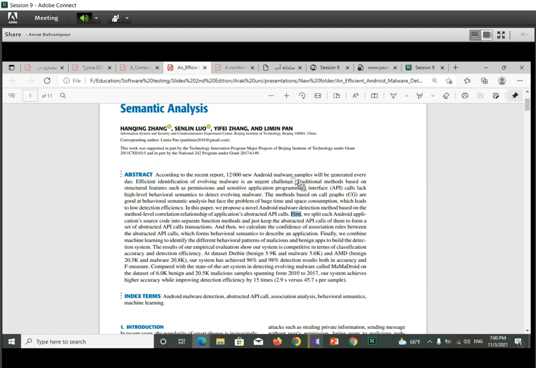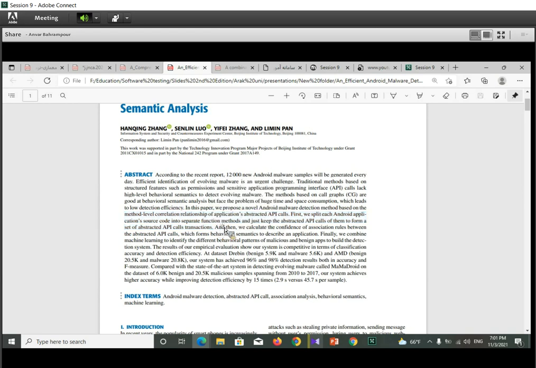So first we split each Android application source code into separate function methods and just keep the abstracted API calls of them to form a set of abstracted API calls transactions. This sentence gives us more illustration about how to solve the main problem of the research work.